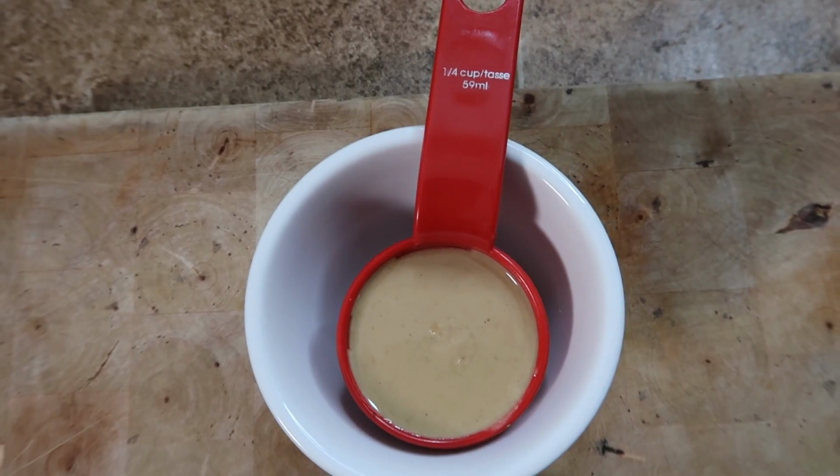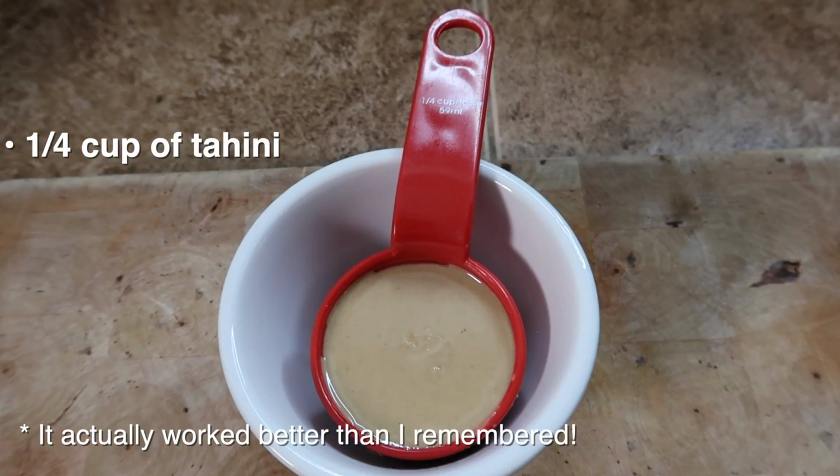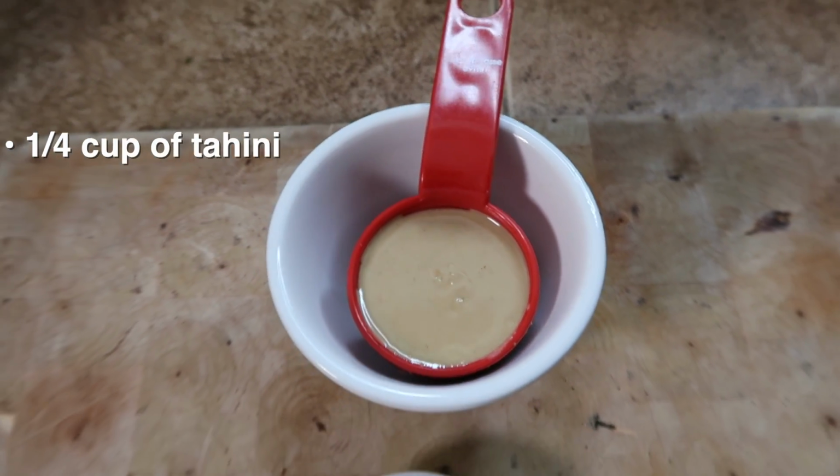Alright, so the next one we're going to make is a smoky barbecue. This one's good. For this one, I'm going to be using a 1/4 cup of tahini. I don't think that it's the best option. I think that the soaked cashews are the tastiest, but I just want to show you guys that we have